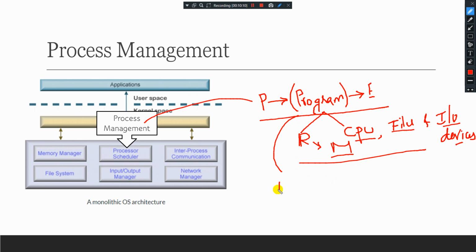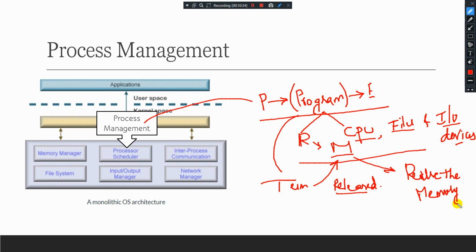When the process terminates, memory is released. Why is the memory released? Because we need to reuse the memory. That's called reusable resources.